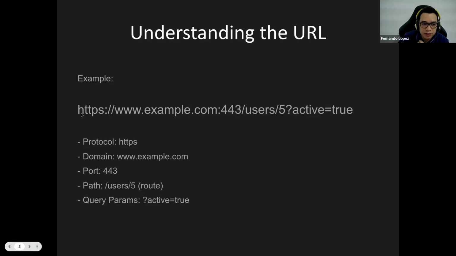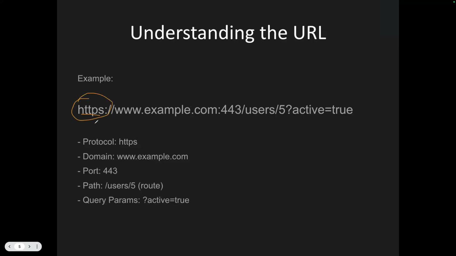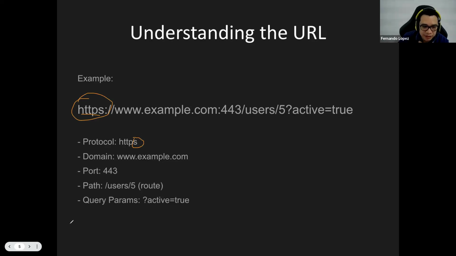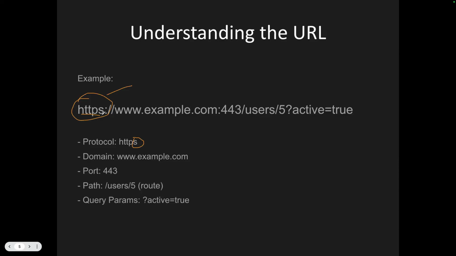A URL is going to contain something that is called a protocol. It's this one. We have two types of protocols, HTTP and HTTPS. If we have HTTPS, it means that we have a protocol that is secure, so there is something that is called encryption. When we have this kind of protocol, it's because we have encryption in our server. But if you want to perform that, you might need to do some operations in that server. Right now, we're just using HTTP in our EC2 instance.